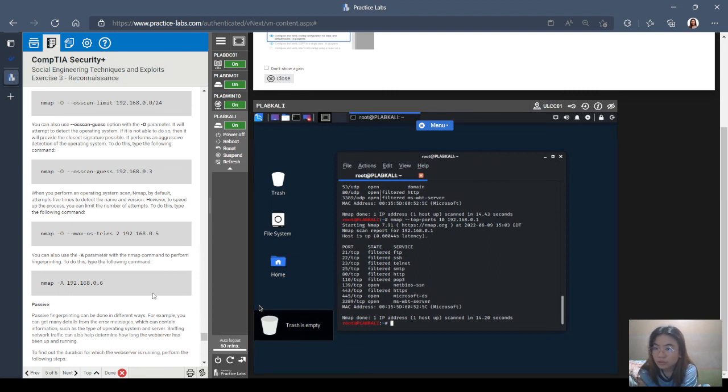You can also use the --osscan-guess option with the -O parameter. It will attempt to detect the operating system. If it is not able to do so, then it will provide the closest signature possible. It performs an aggressive detection of the operating system. To do this, type the following command: